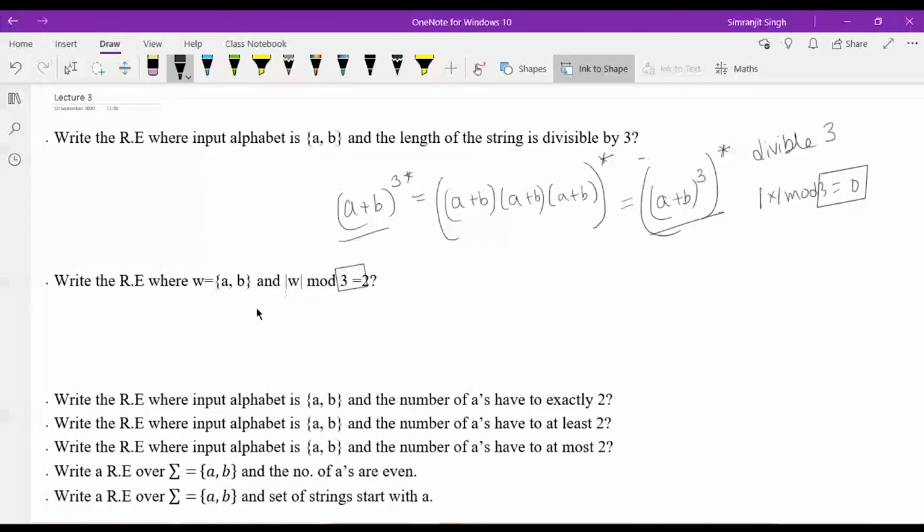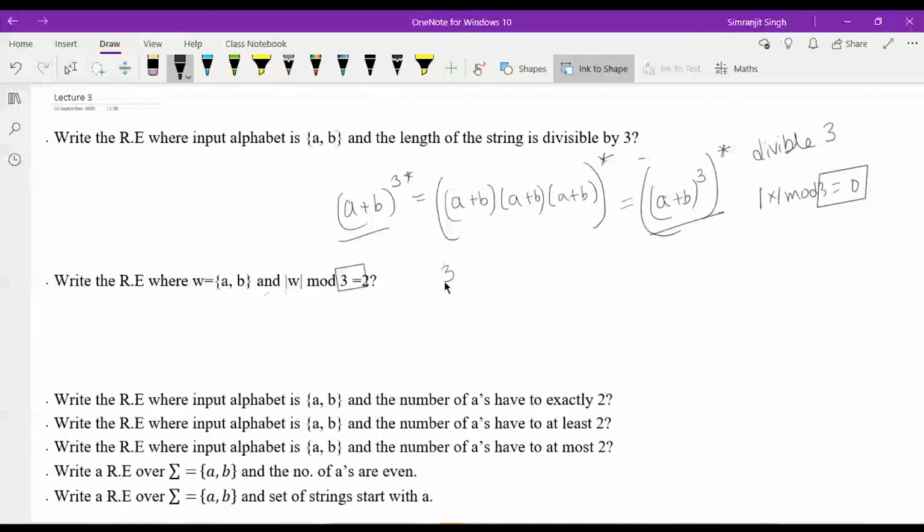So that will be a better understanding, and then convert it into a regular expression. But for mod questions, it is very easy to draw a regular expression, so the pattern is in the question itself. It will be like this: you are raising everything to the power of 3 and adding 2 to it. So that is the part.